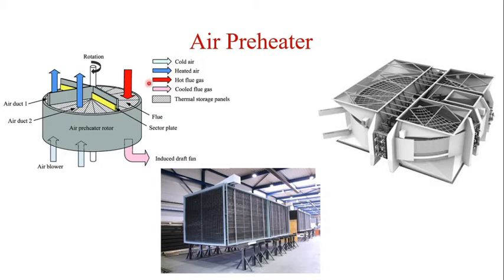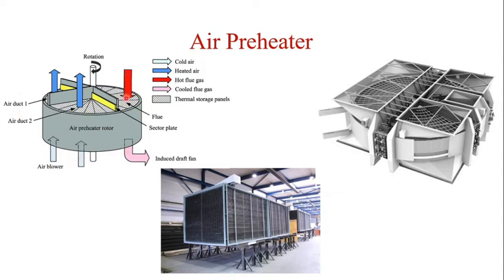first we will see the indications in this schematic. Light blue color indicates the cold air, dark blue indicates heated air, red arrow indicates hot flue gases, pink arrow indicates cooled flue gases, and the hatched part is shown as thermal storage panels. So in this air preheater,